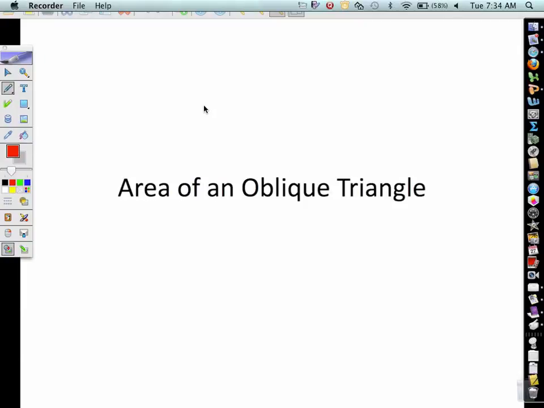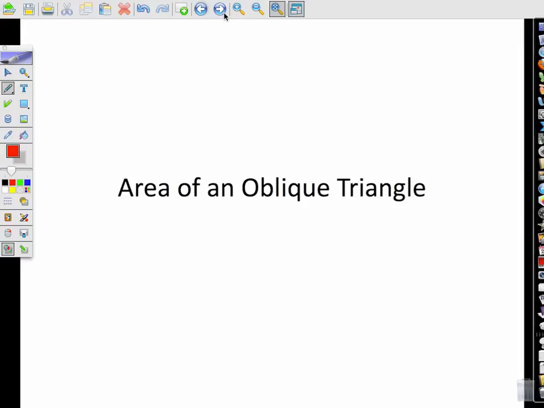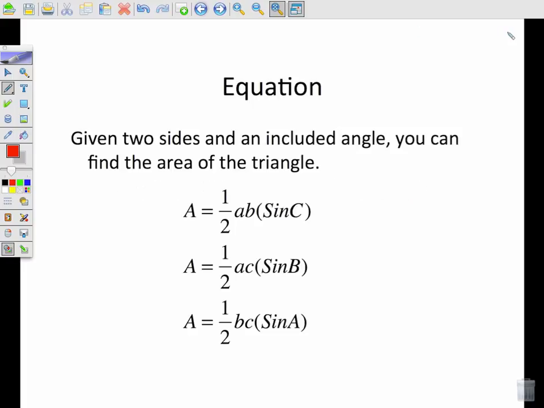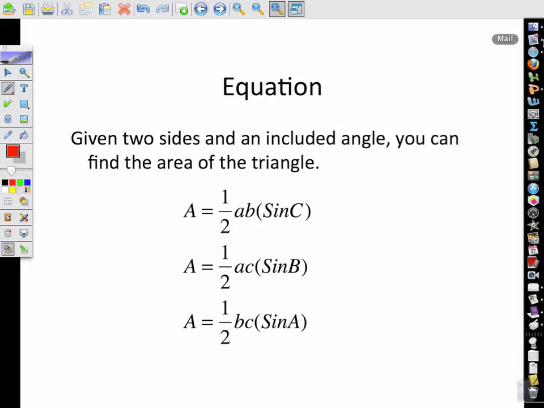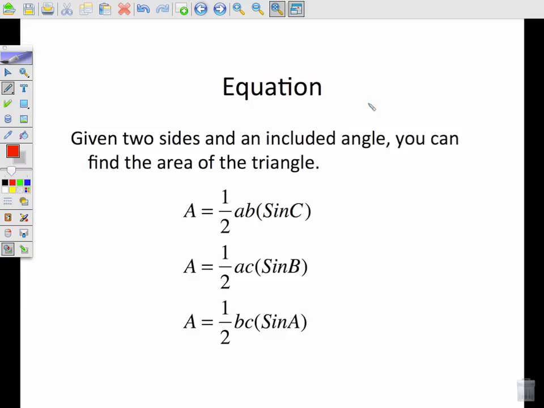Look at how you can find the area of a triangle, specifically when it's oblique, just when it's not a right triangle, maybe when it's an acute or an obtuse triangle. And so we've got an equation that we can do with that. If you're given two sides and an included angle, so it's a side angle side relationship,